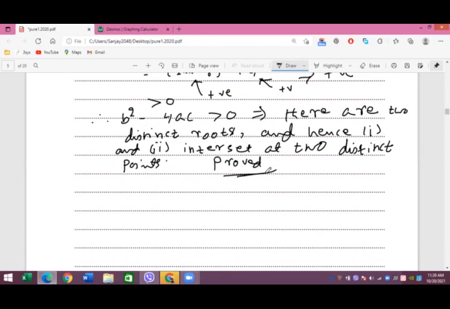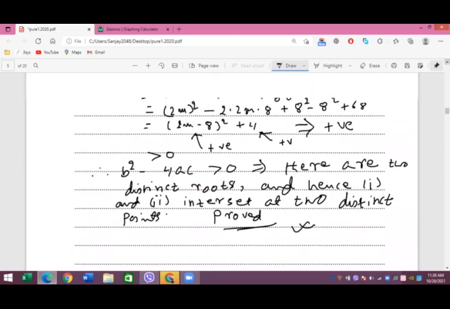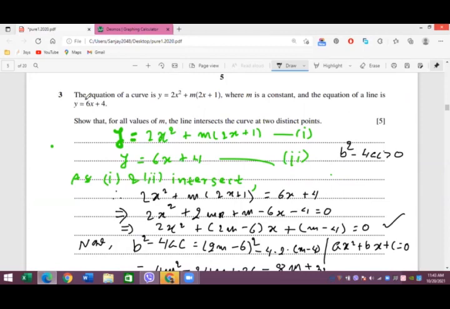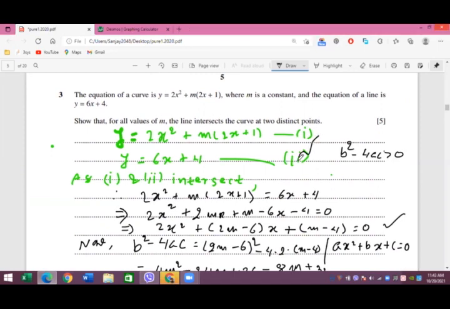So in the examination this is sufficient to work up to here, but for your better confidence let's go to the graph and see what happens here for these two curves. Two curves means one curve and another straight line. So in order to justify this situation where the curve 1 and the line 2 intersect at two different points, let's go to a graphic software in order to justify the situation.